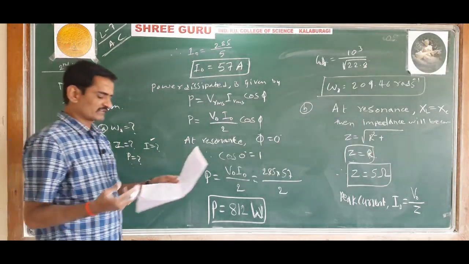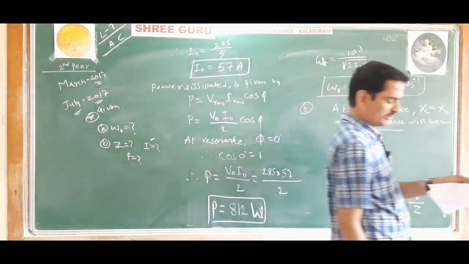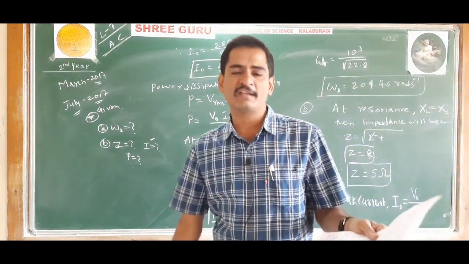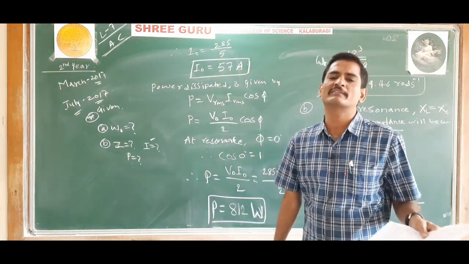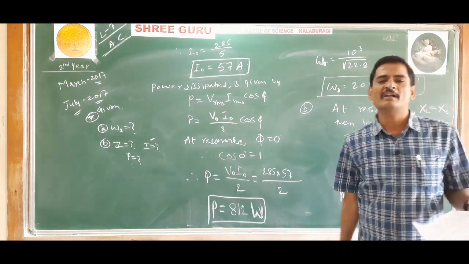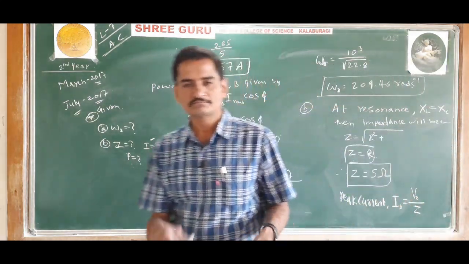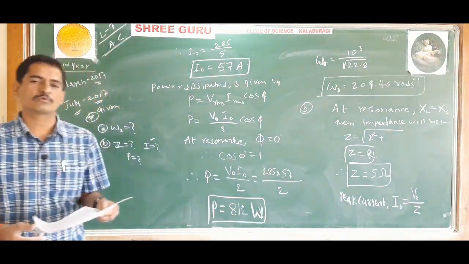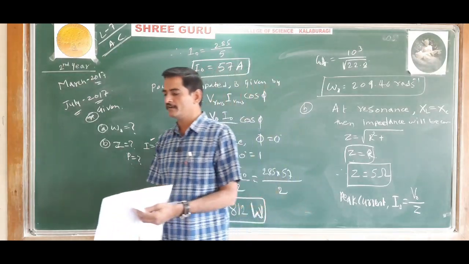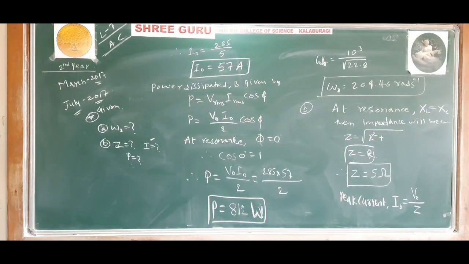Such kind of numerical we have already solved, and that was only one number different, that is 786 microfarad. Capacitance was 786. Here they have given capacitance as 796, and the answer will come out to be the same also. You check out the calculation, and the answer will also come out the same. So this completes the numericals on alternating current. So the alternating current chapter is completed.